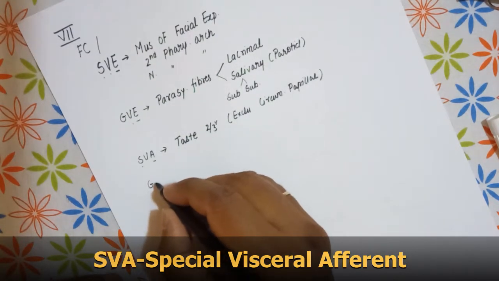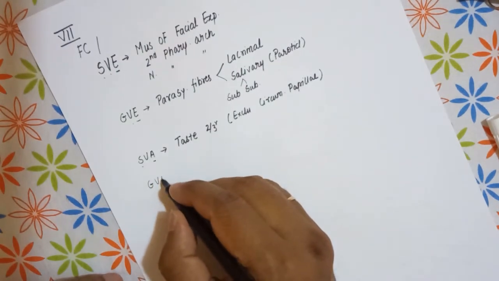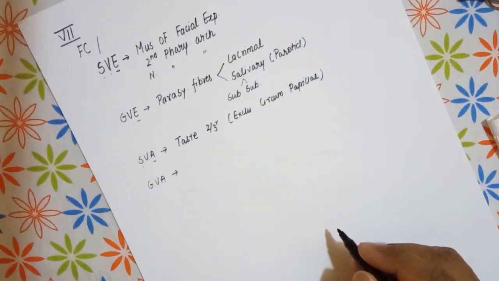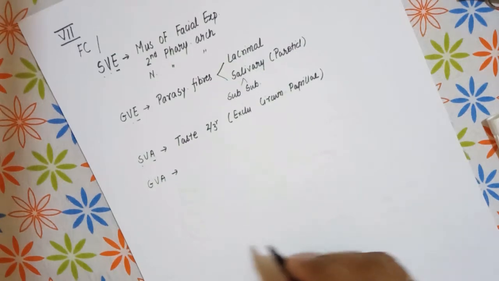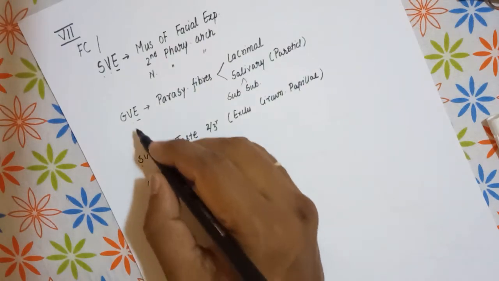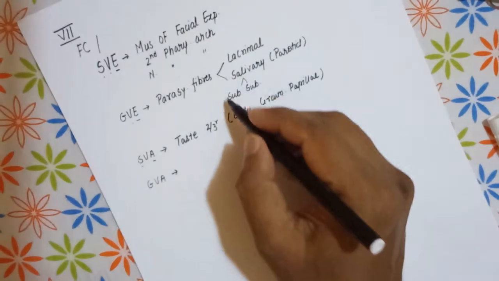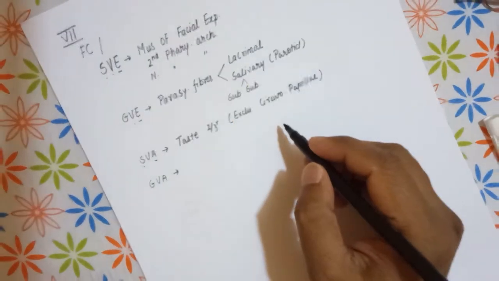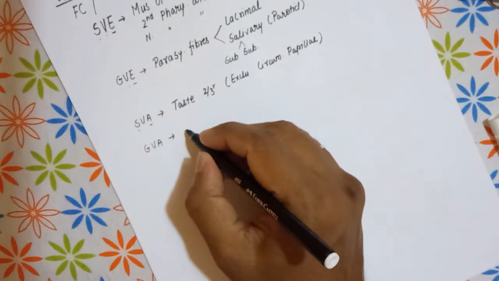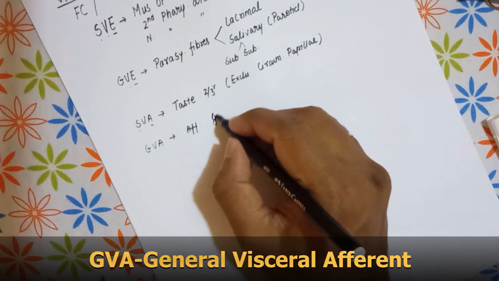Then we have the general visceral afferent column. Now this is given in a few books, but it is not mentioned in Keith Moore, but this is similar to the general visceral efferent column, wherein the sensation from the salivary gland and the lacrimal gland is taken up towards the brain. So these are the afferent fibers from the glands.